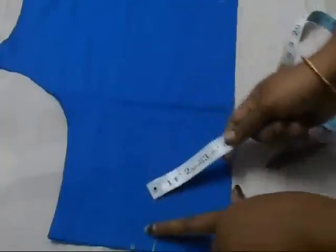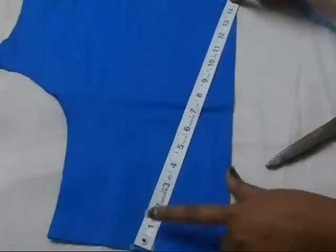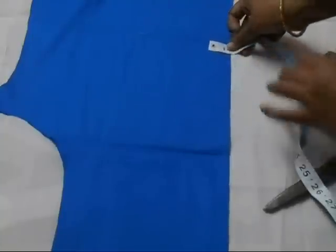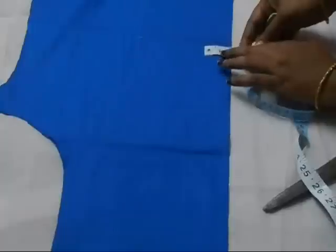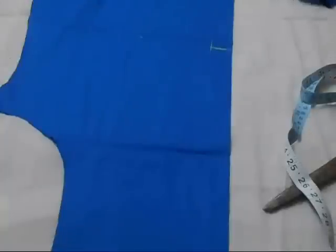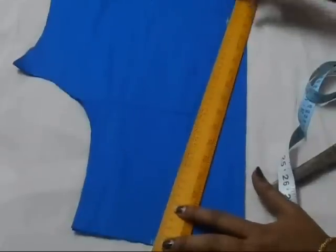So from here, keeping the tape here, I show you again, just mark 15 inch. And marking 15 inch at the bottom, this absolutely depends upon the breadth of the border. So I'm taking 1.5 inches at the bottom, that is taking 15 inch and just mark 1.5 or 2 inches, depending upon how wide you want the neckline to be. So we are going to join from the shoulder to that 1.5 inches